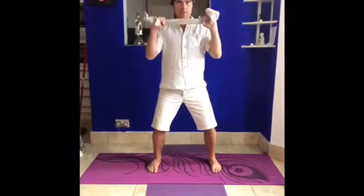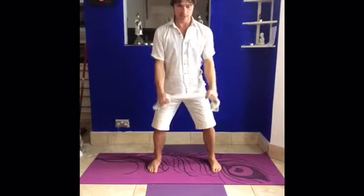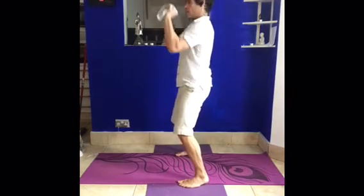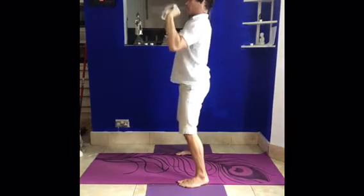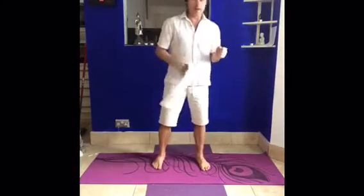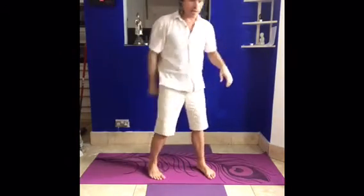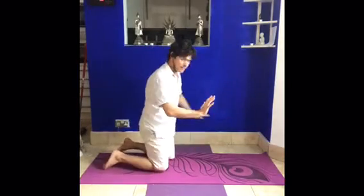So down, up and down, just a few times, but keeping your arms tensed as if there's a big weight in this cloth, and then just a little push up and down again, pulling it apart, tensing the arms, just visualizing a strong weight. I can already feel that my shoulders now feel as if they're quite well prepared to undertake some more vigorous activity. So let's cast this piece of equipment to one side and come into a cat position on the mat,